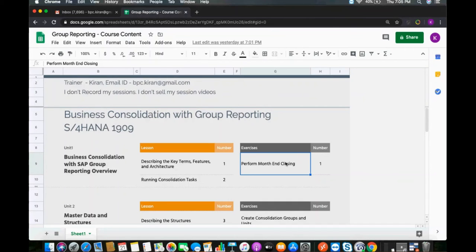Then someone has to run consolidation, investment eliminations, capital eliminations, intercompany matching, intercompany eliminations, these things. So we will execute one scenario for that. We'll execute one data monitor and consolidation monitor scenario, and we'll see how the end user or business user can effectively use. So two roles, local accountant and group accountant. Local accountant basically at entity level or company level, group accountant for the groups.